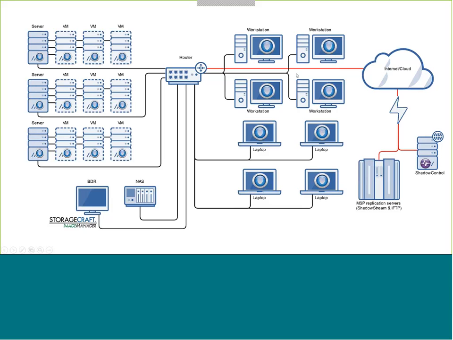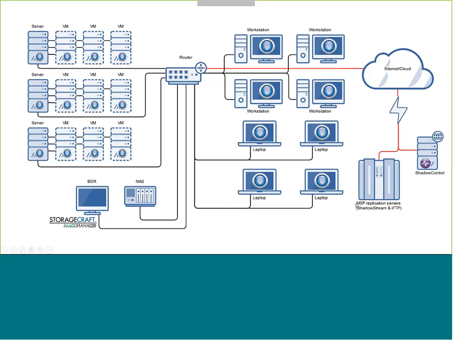Next, I just want to point out the little red line running from the router over to the internet, and that's just indicative of an outbound internet connection. The reason that it's in this diagram is to illustrate where you would have an instance of something like ShadowControl. ShadowControl, I mentioned, is the central management system for your backups and policies and organizations. And the idea is that all of the agents and the little bits of software running in, say, client A or client B and client C and so on, all report back to one instance of ShadowControl, which you then use to monitor and manage everything.